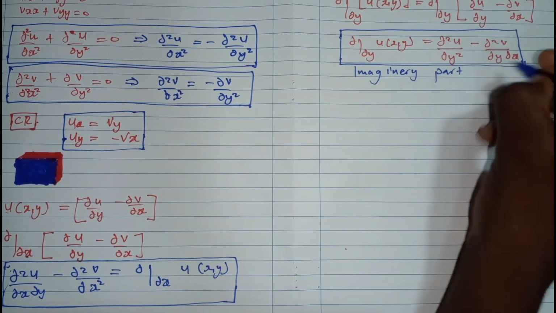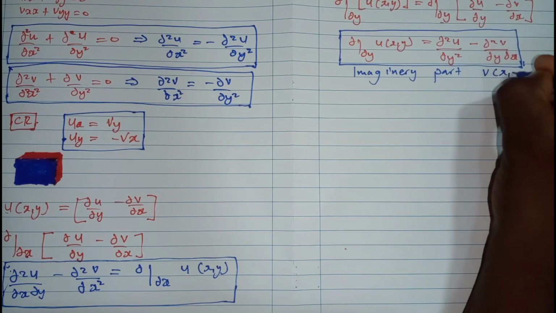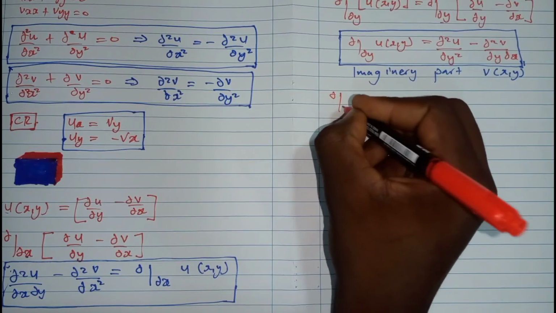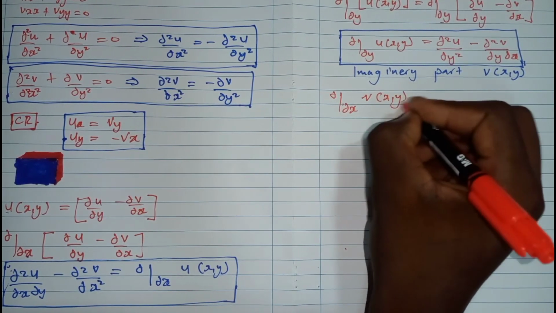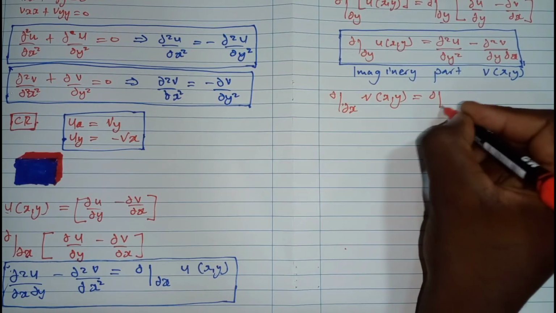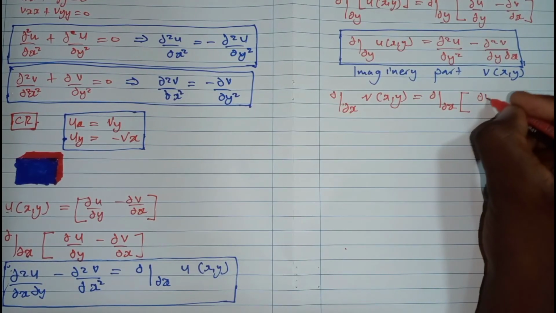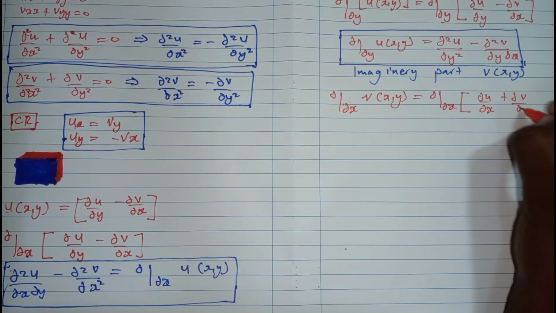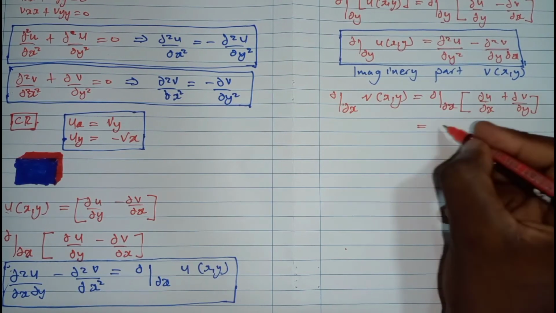Imaginary part of the function. Imaginary part, which is v(x, y). Okay, so for the imaginary part, I'm going to start with the partial x of v(x, y), and that is equal to the partial x of what is v(x, y), which is partial u partial x plus partial v partial y. Okay, like this one, and we're going to differentiate this one, so we're going to have